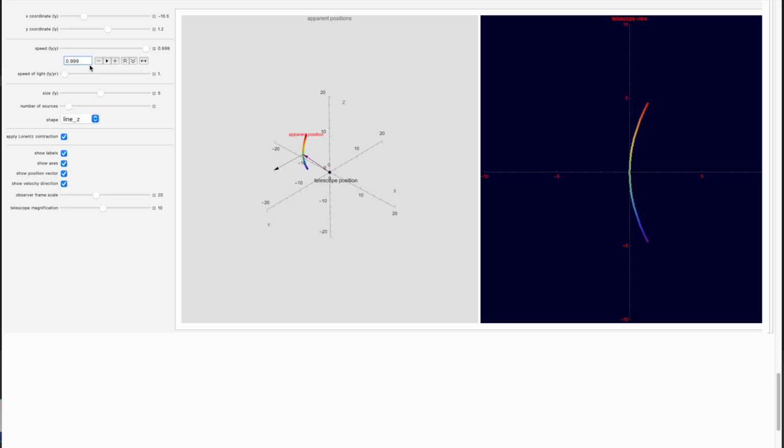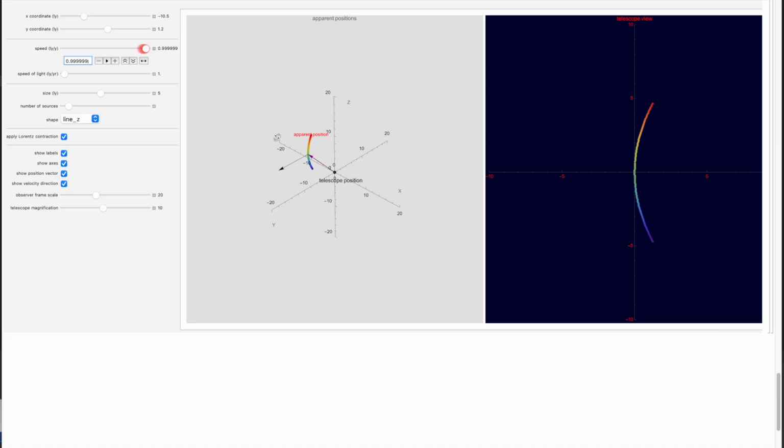Let's just make the velocity really high. So 6 nines. So that's what we see. The thing's moving very fast. And we do indeed, once again, get a sort of sickle shape or the arc of a circle, something of that nature.